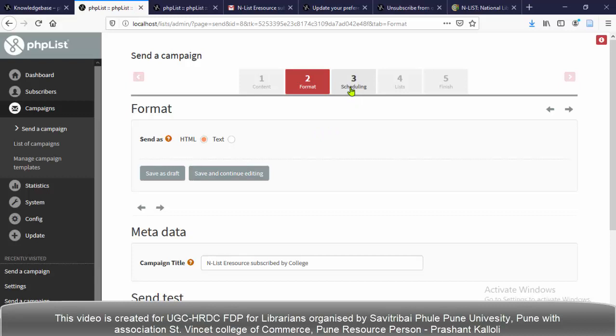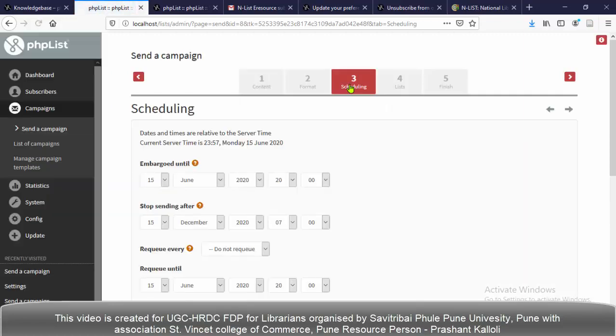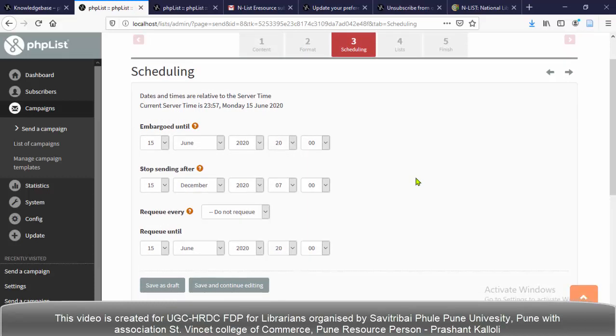We have to click the third tab, scheduling. I am clicking the scheduling tab. This is the email scheduling page. Here you can schedule your sending of emails. It's a great tool.